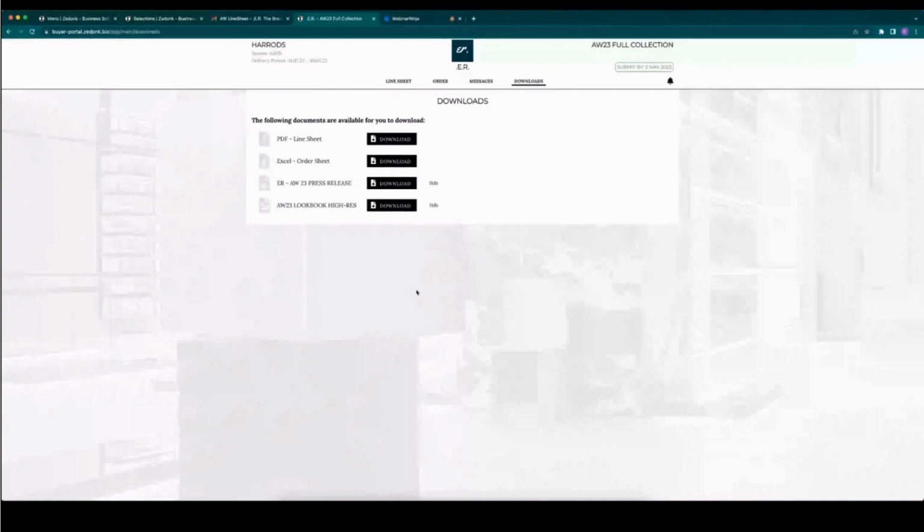So we're moving away from needing another third party like a WeTransfer or a Dropbox to send various different assets to your client. You can hold it all in one place. And like I said, that's up to 1 gigabyte. So you could then see here, the buyer can decide if they want to print the press release or the lookbook, and they would just be able to download from here. And they'll also be able to see the weight of that as well.